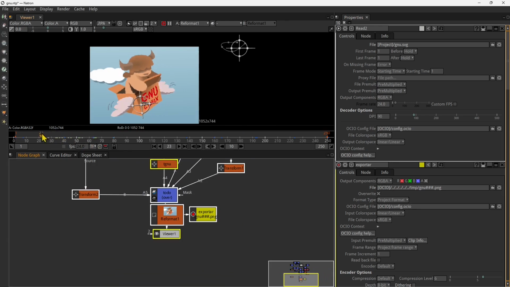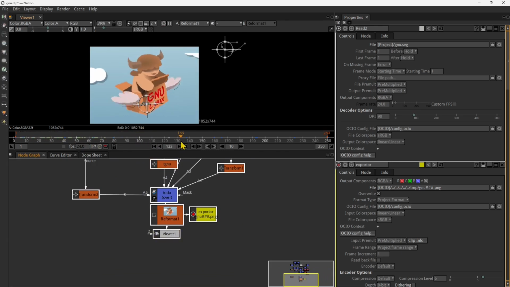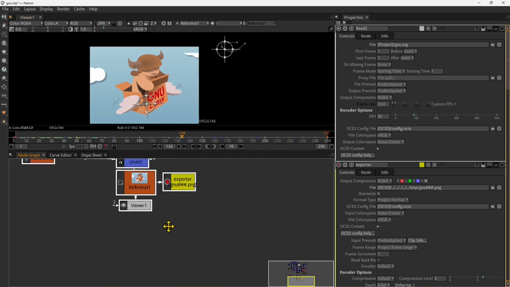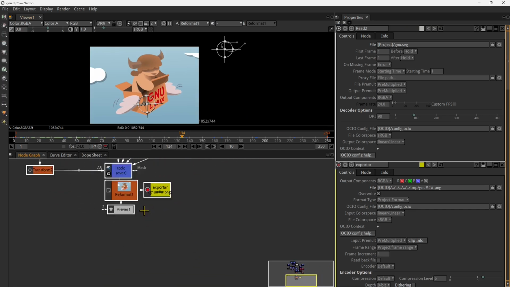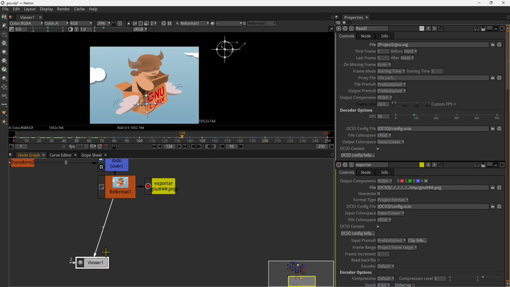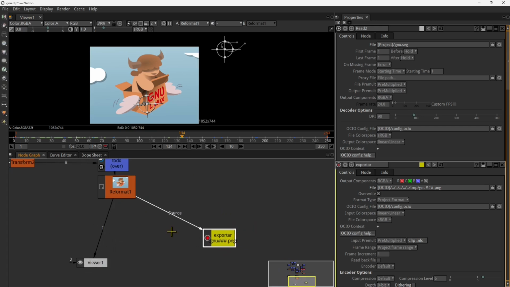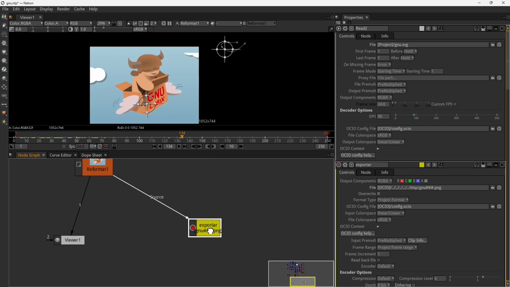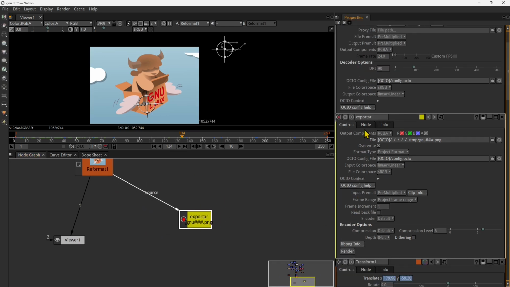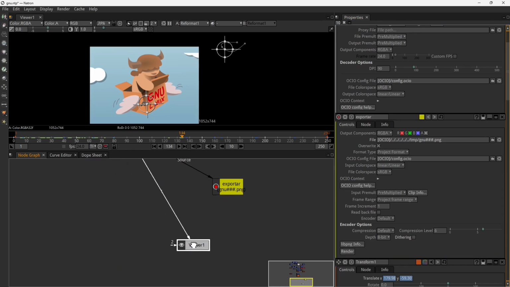Now let me go back here to the node graph, because I want to see what's happening here. So you see we have a final reformat node that is giving information to the final export or the final write, and the viewer here, which is showing